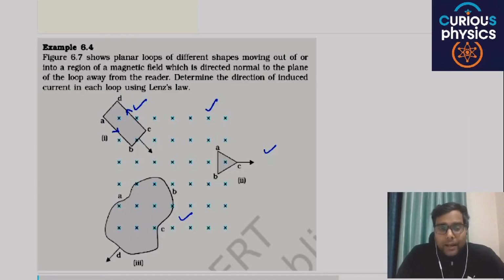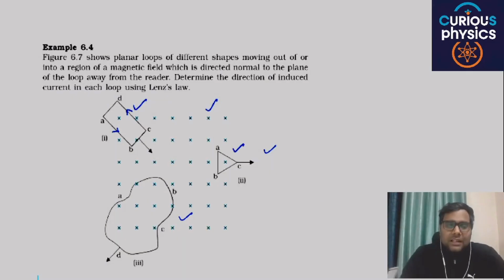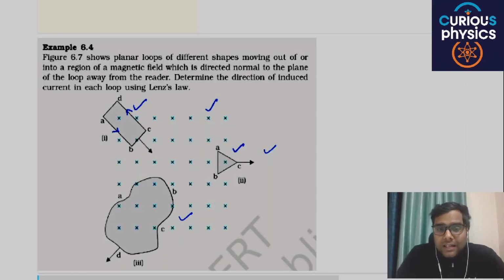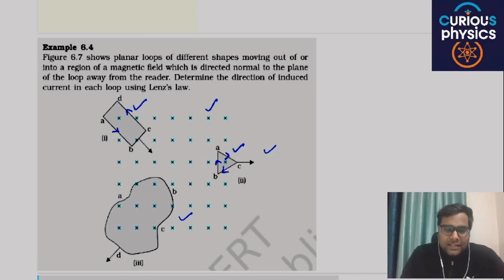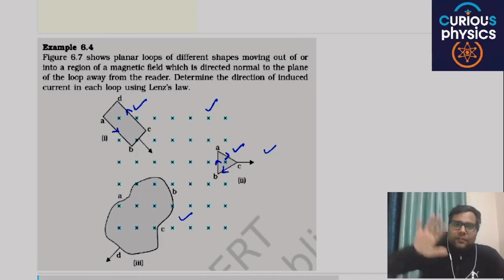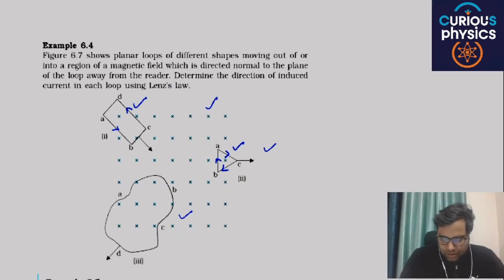In the second case, is the magnetic flux decreasing or increasing? Magnetic flux is decreasing. Then in this loop, the current is produced in such a way that it will oppose this particular decreasing value of magnetic flux. So the magnetic field produced by induced current will be in the direction of the given magnetic field. So the current will be in clockwise direction. So curl the fingers of your hand and the thumb will give the direction of magnetic field. Same as in part 3.